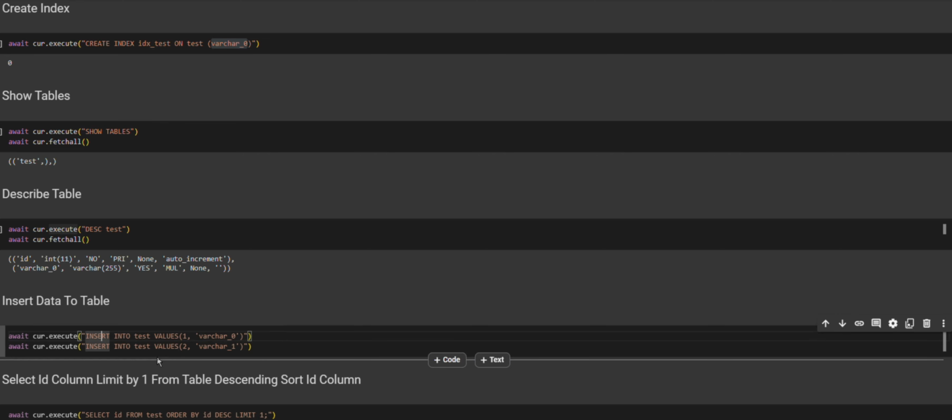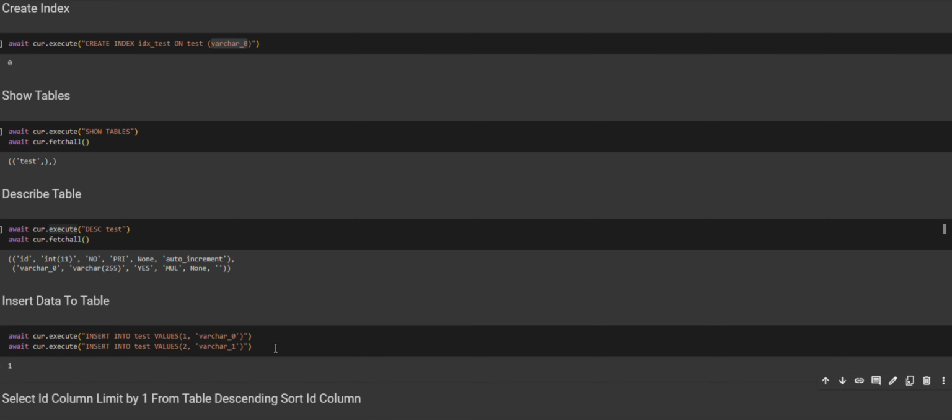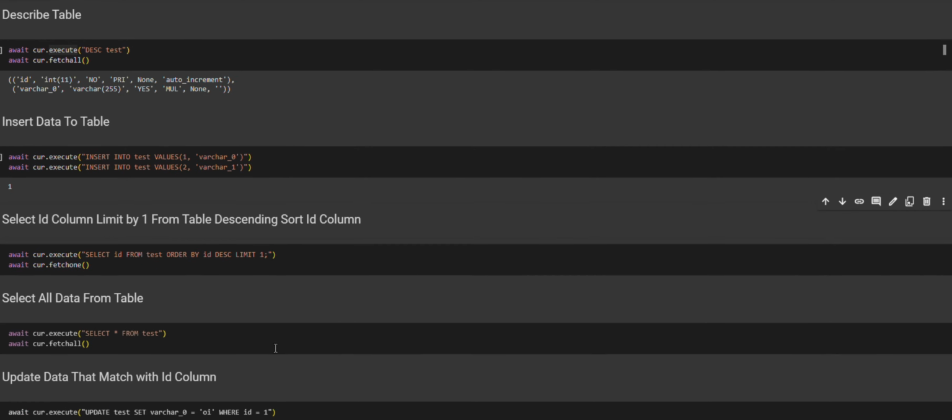Okay, next we will insert data to the table. We execute this insert into the table named test with the value 1 as the ID column and the varchar 0 for the varchar 0 column. Okay, we execute this. Seems done.